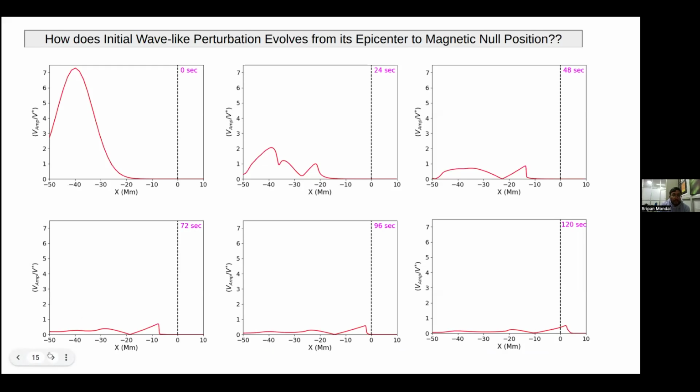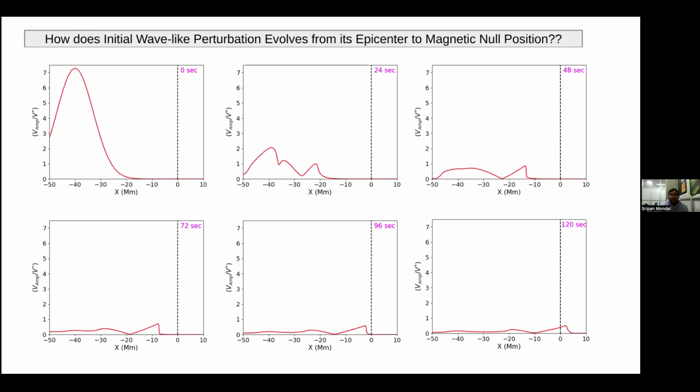okay, the first question is why I have taken the higher amplitude of wave. If you see at 0 second, the normalized value of the amplitude of the wave is around 7, which corresponds to 850 kilometer per second as the physical value. But as you can see, as the wave propagates towards the magnetic null, which I have shown here as the vertical dotted line, it diminishes its amplitude with time